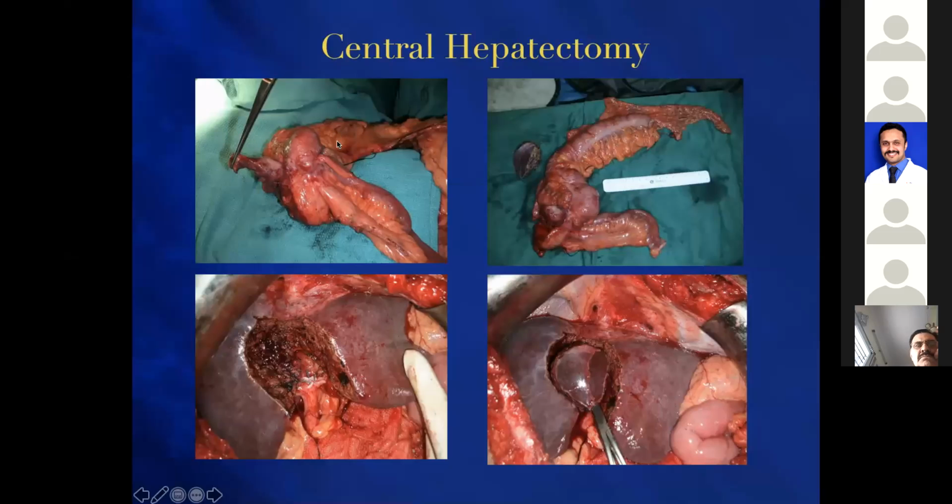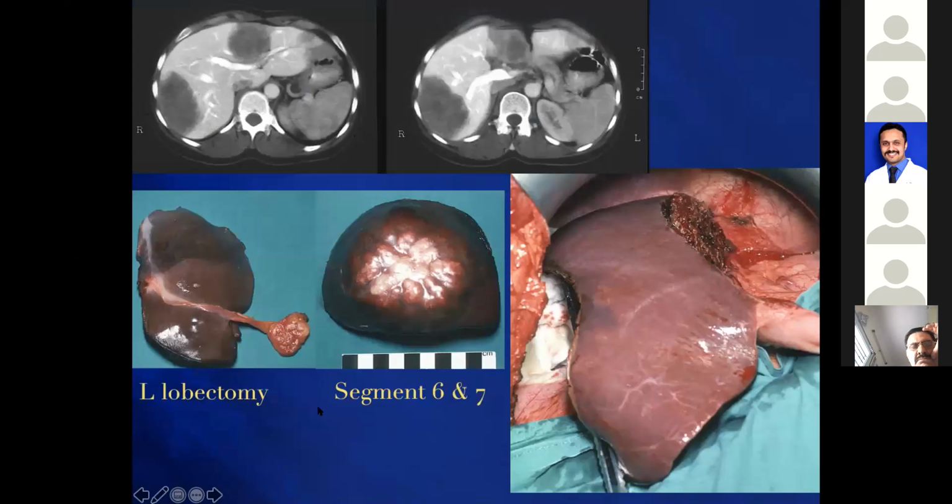So you can see this, there is a case of classical right hemihepatectomy, and the patient had a lesion here in the central area. That segment has been removed, meaning the segment 5 and 8 area. Another patient, segment 6 and 7, you can see that this is a classical case of left lobectomy. This is what is removed. This 6 and 7 is removed separately, and you can see this is the amount of central part of